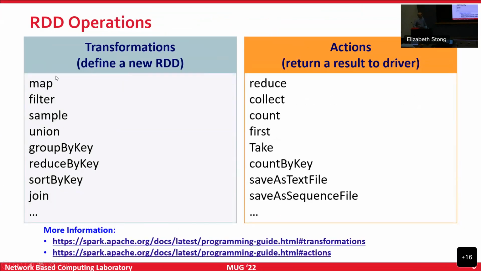These are the kind of things that you can typically perform with RDDs. On the left-hand side, we have these transformations. And on the right-hand side, we have these actions. These transformations can be things like map and filter. Filter is a good example, right? All of us go through a lot of log files. We do greps. So basically you can filter, maybe you're looking for a particular line where you're looking for error 1, for example. So you would filter that, right?